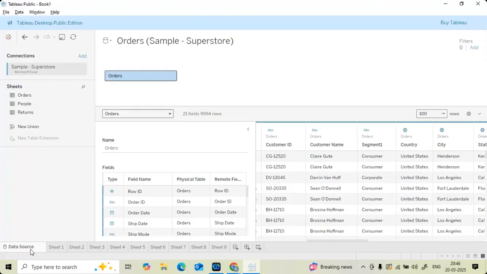With these options, we also have something called logical layer, physical layer, relationships, joins, merge, append, different options. So in a nutshell, today I just introduced this particular tool so that you are able to understand how Tableau works, what the interface is all about, and what options are available in it. So this is what the tool is.